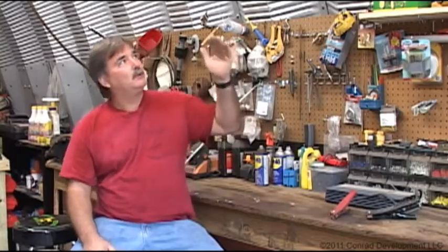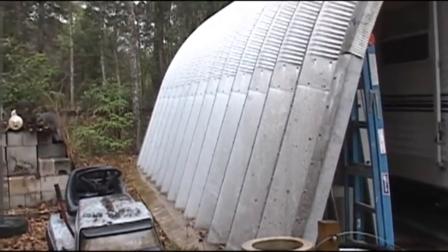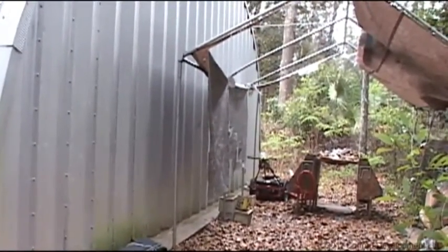Me and one of my brothers did the concrete, and once we had the concrete slab out here, I started assembling the pieces. You have to assemble each arch individually, and I just laid them all in order on the slab. And then once we had all the pieces put together, it took about 6 or 7 of us to